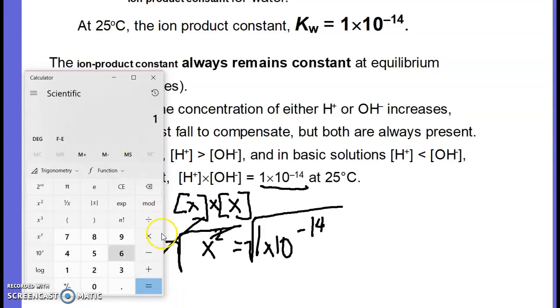Nope. 1 times 10 to the negative 14 equals that. Oops. 1 exponent negative 14. Very, very small number. If we take the square root of that,